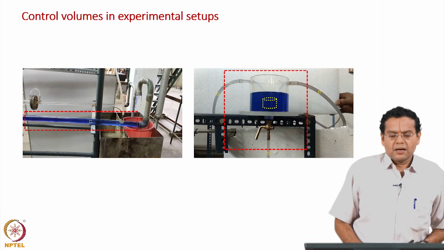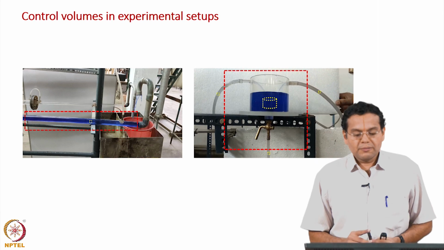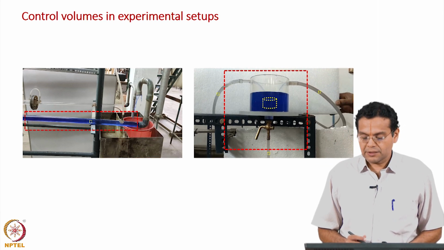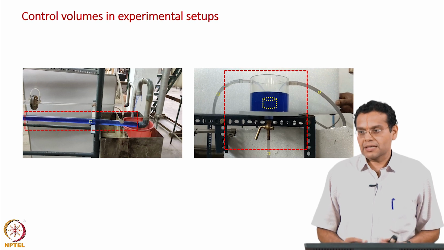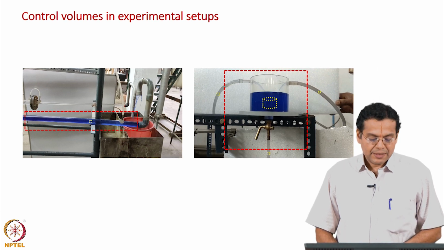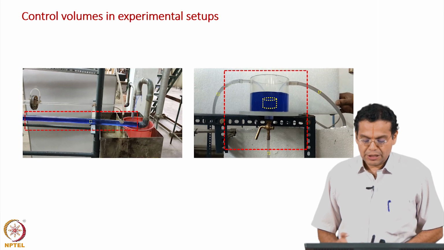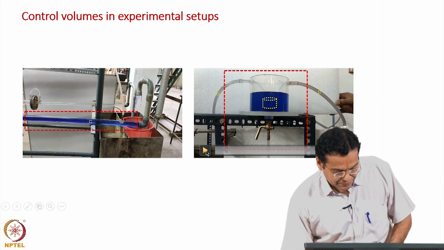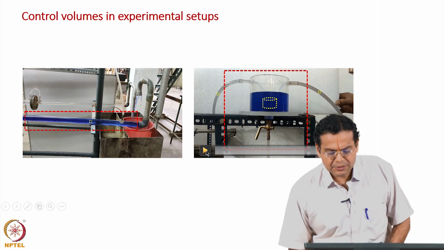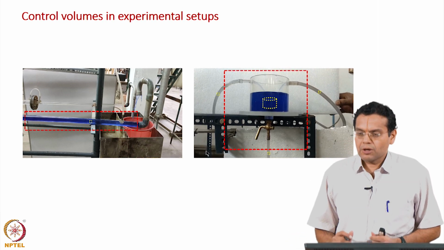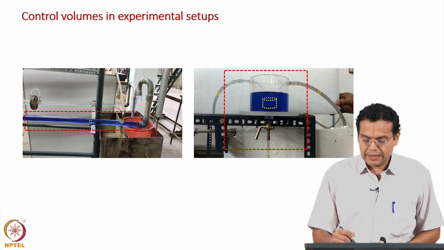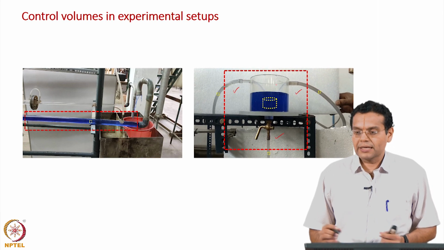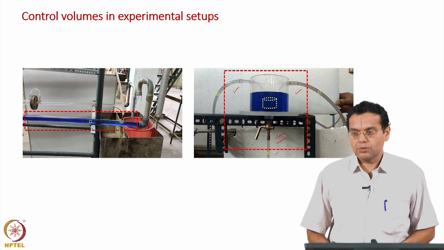Okay. Let us look at control volumes in the experimental setups. The right hand side setup is something familiar to us, that is where we started the whole course in fact, and the left hand side setup is a new experimental setup. So, let us run the tank system. Just to recall, it is a small tank, it has two inlets and then one outlet. Water enters through both the inlets and leaves through the outlet.